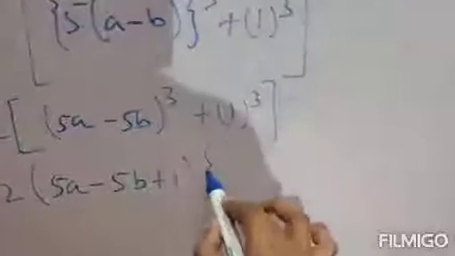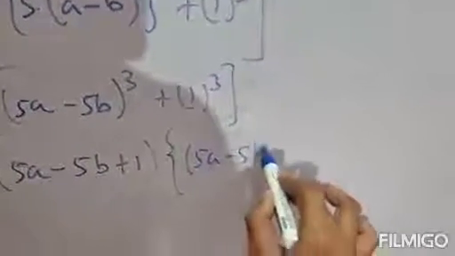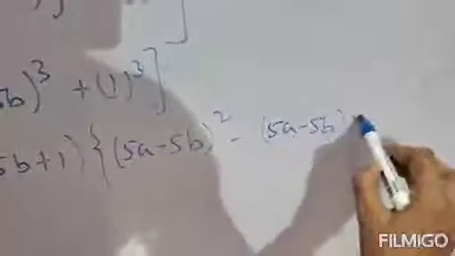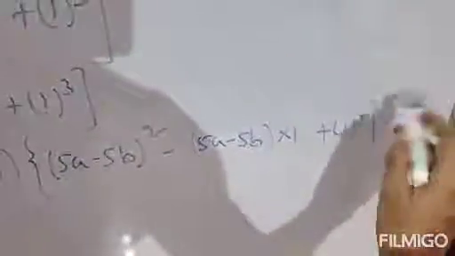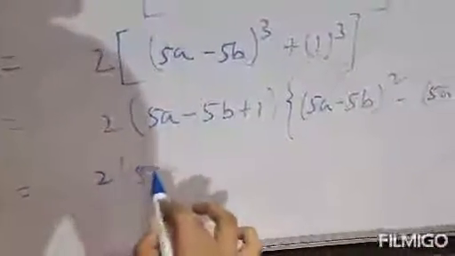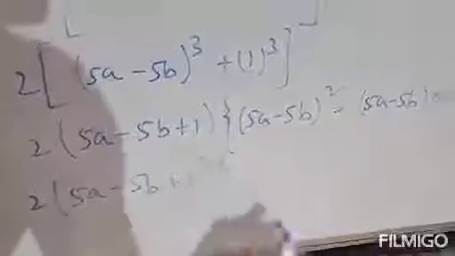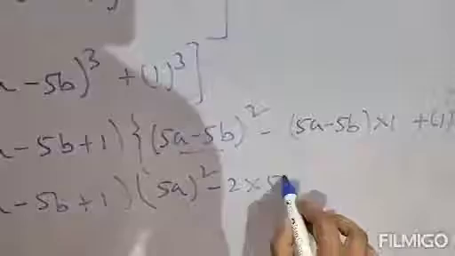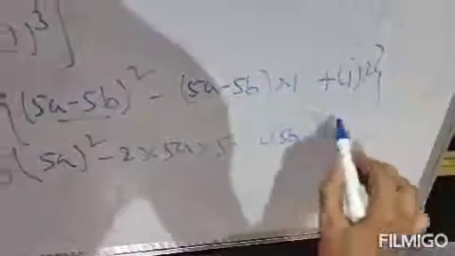So a plus b, then a square. This is a. So a square minus ab plus b square. So b is like this, b. Clear? So simplify. Now this is in a minus b whole square formula. A minus b whole square means a square minus 2ab plus b square. So this is a square minus 2ab plus b square. Clear?